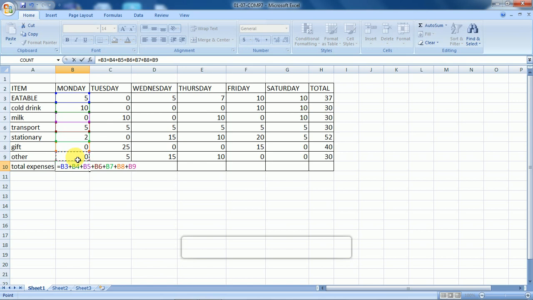So now we have selected all the cells for Monday. For a particular day, these are the expenses on Monday. Now press enter key. See, total expenses is 22.